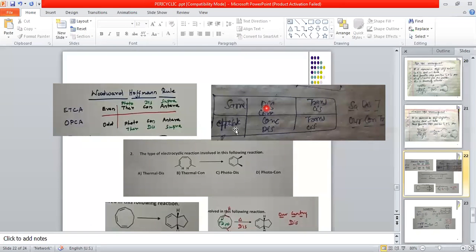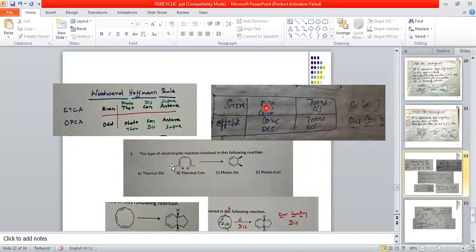Okay, now just see this one trick. From the opposite side, you are making the cis compound, when both particular groups are found on the same side. From the opposite side, you are making a cis. It means you will apply this opposite contrast and opposite dis. So here there will be a disrotation. This is what you have to remember: opposite, dis, cis.